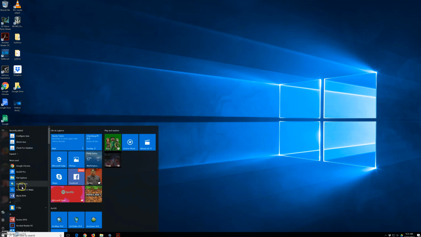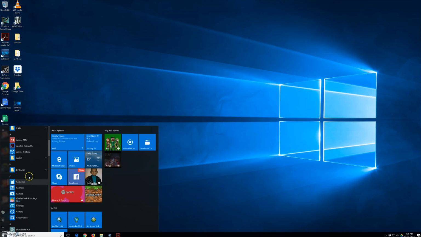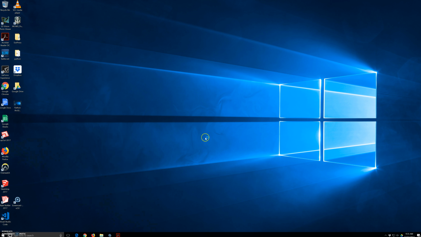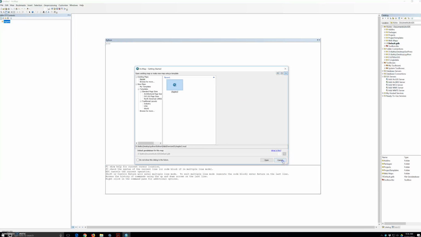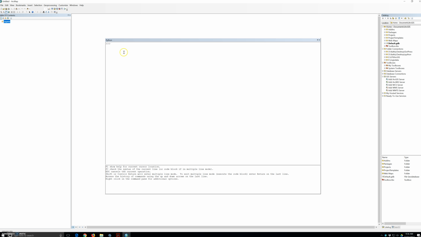Previously, we talked about how to run the Python window in ArcGIS. So ArcMap, we're going to bring back ArcMap. And if you have the Python window open, and I do, but if you still put print